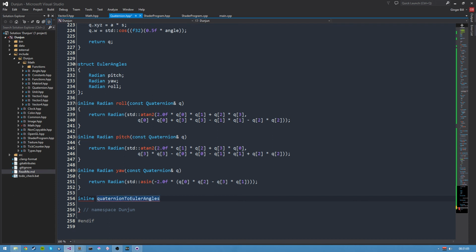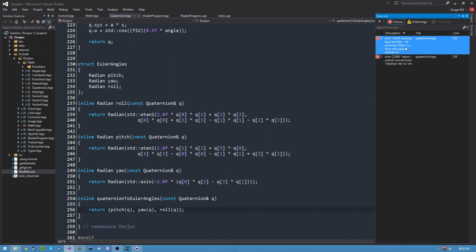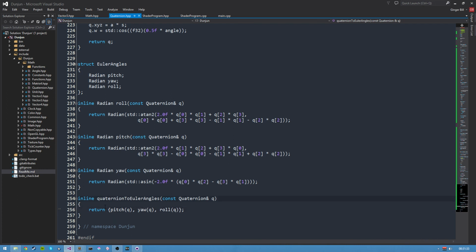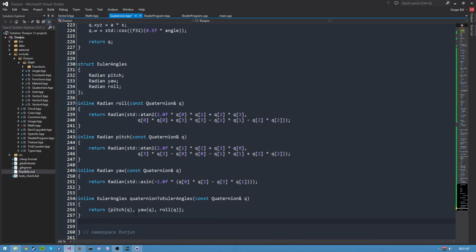Quaternions, Euler angles, return, what is it, pitch of Q, yaw of Q, and the roll. That was the order I did it in. Oops. And so what the thing was, Euler angles. Oops. That works perfectly fine. So what we need to do for tomorrow, later, so probably tomorrow, yes, to do